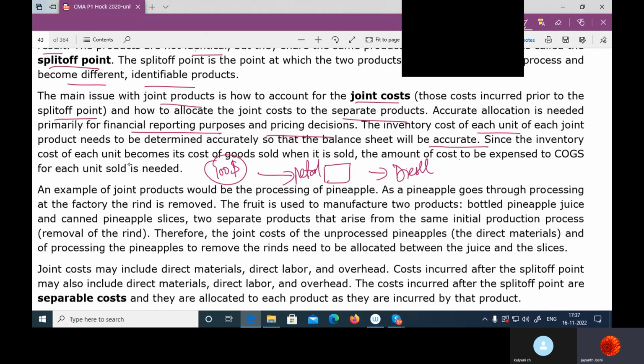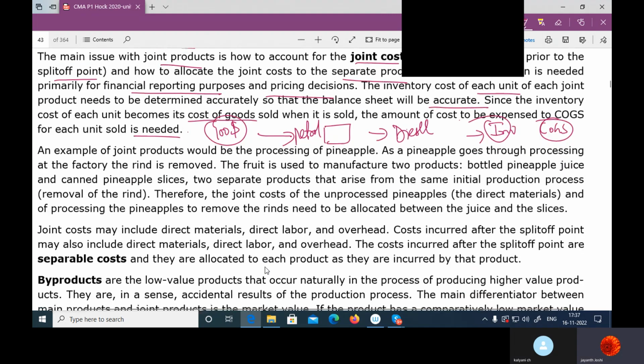Since the inventory cost of each unit becomes its COGS when it is sold, the amount of cost to be expensed to COGS for each unit is needed. We make COGS, but under COGS we show inventory. So we should know that inventory cost. Am I right? Yes. A very good example is